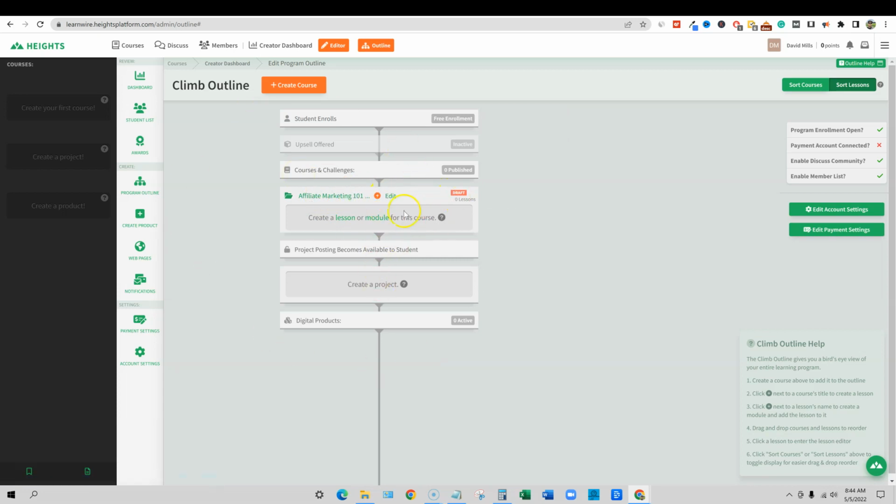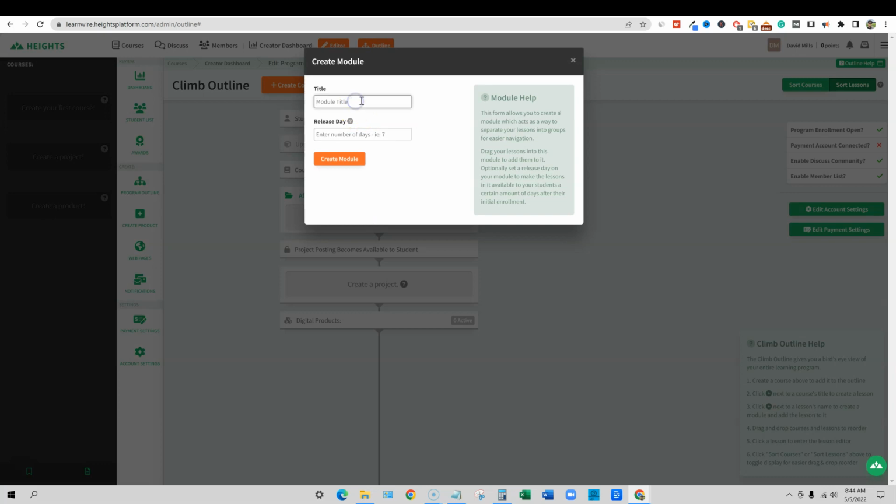And then what we would do is create a lesson or a module. So if we want to create a module, this is going to be the module title. Let's just say module 1, what is affiliate marketing? And then they have a release date. Does this module become available a certain number of days after enrollment?